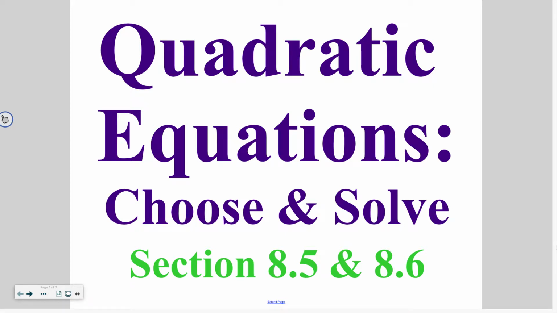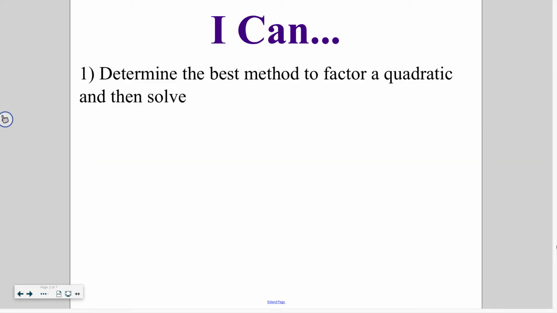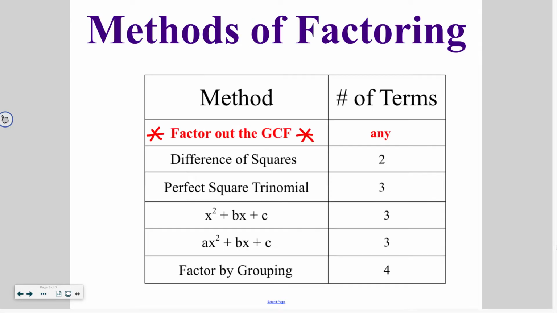Hello class, today we are finishing up sections 8.5 and 8.6 by going over how to choose a method and then use that to solve a quadratic equation, and that is what you will be able to do by the end of today's lesson. So reminder from yesterday, we had our multiple factor techniques that we can use,